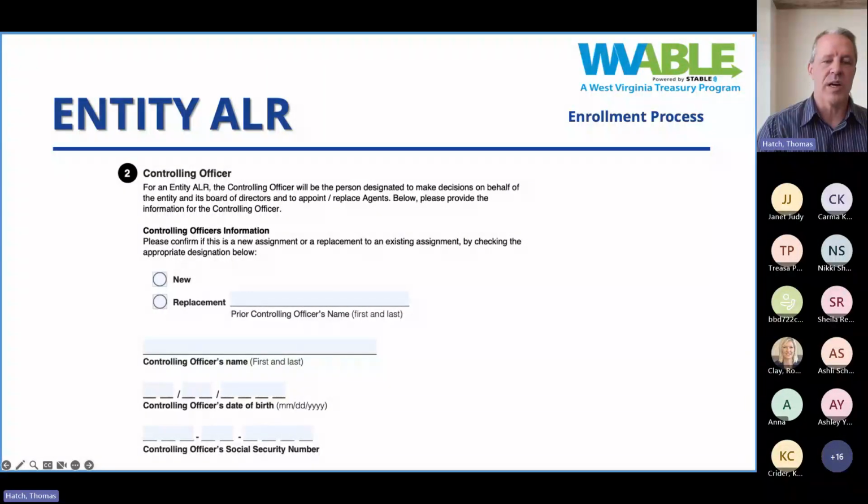So in no way is the controlling officer nor the agent information ever used anywhere else within the accounts other than on the application to simply verify that indeed this person exists and they're real, and we've done our due diligence to make sure that this isn't just some fictitious thing. So it does ask for that information. I know sometimes people are a little bit squeamish about potentially putting this on there, but it is a requirement, and we do ask for that information. So here's where the controlling officer would put their personal information, suggesting that they now have the ability to open this on behalf of this organization.